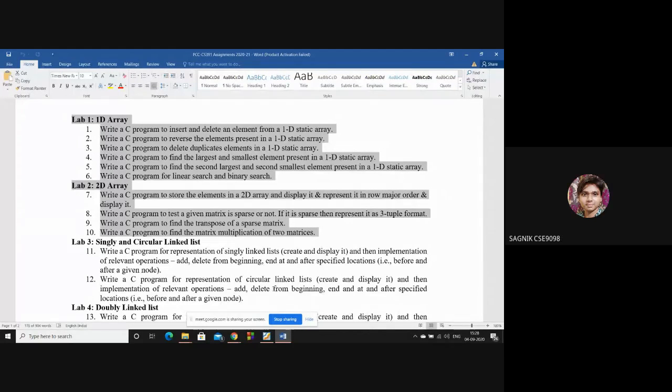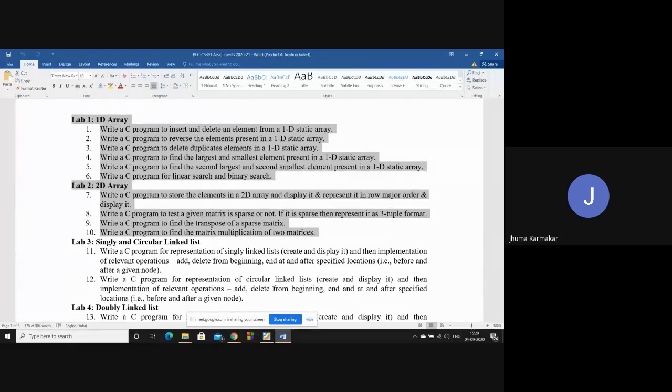Then find the matrix multiplication of two matrices. It is known to you. That means you have to use one extra for loop for k in matrix multiplication. Can you write the matrix multiplication program? No problem. Is it understandable? Yes, ma'am. So matrix multiplication, no problem. Sparse matrix I also explained.